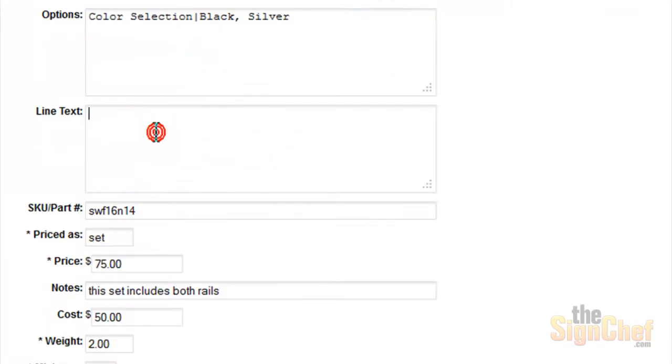Line text. This field is for personalization of products, for example, address signs or even name tags. For this example, this field is not needed, but I will explain how to use it. Simply enter line 1,